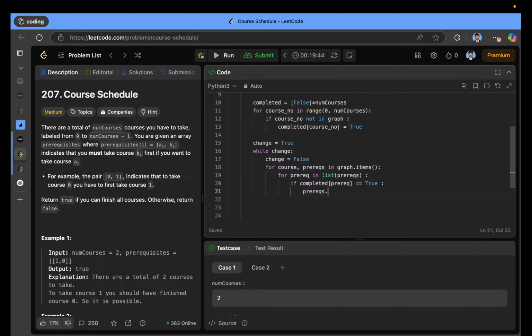prereqs dot discard. I think discard the prereq. Okay, this will remove the value. Okay, now